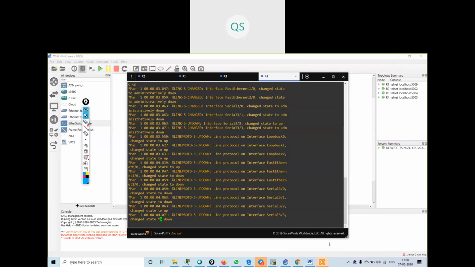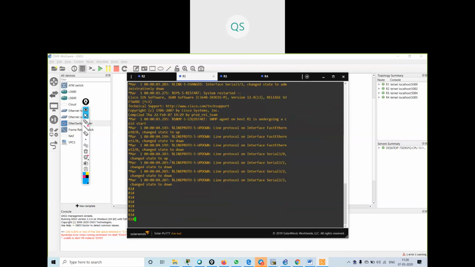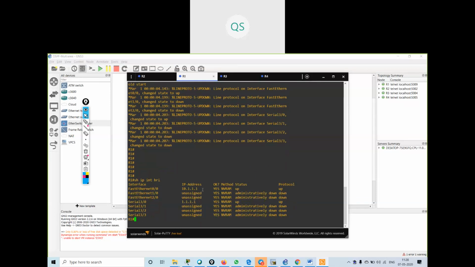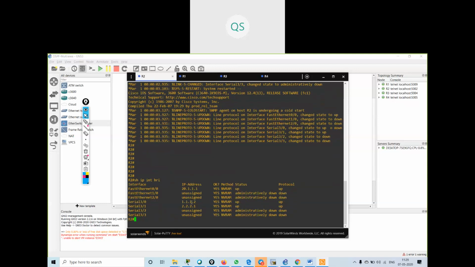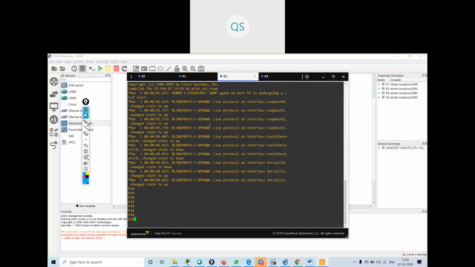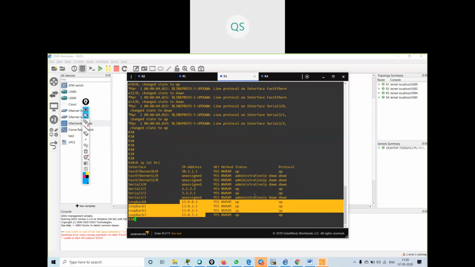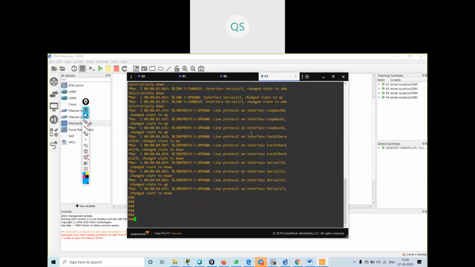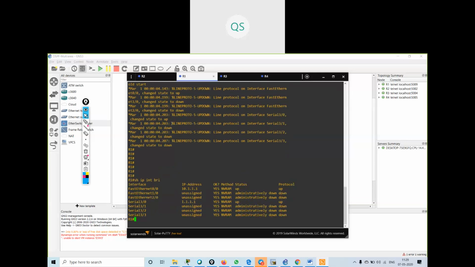Now I will go on R1. I will check if I am having the default configuration, show IP interface brief. I am having the default configurations. I have to configure the loopback. Here also on R2 I have to configure the loopback. Here I am having the loopback addresses. On R4 also I will be having the loopback. So on R1 and R2 I will configure the loopback addresses.